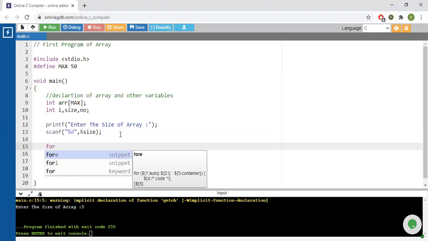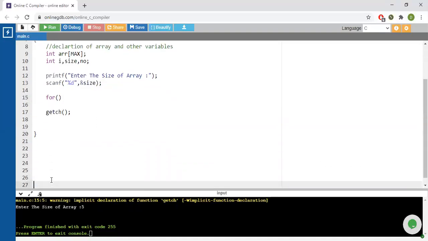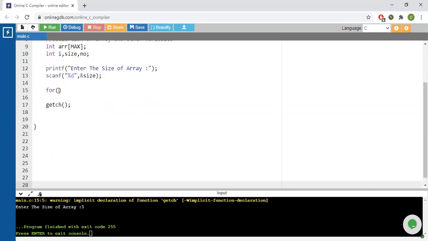I will write for, i equals 0. That is the lower bound of i. Until where will i go? To the size of the array, right? Or, the upper bound will always be one less than the size.